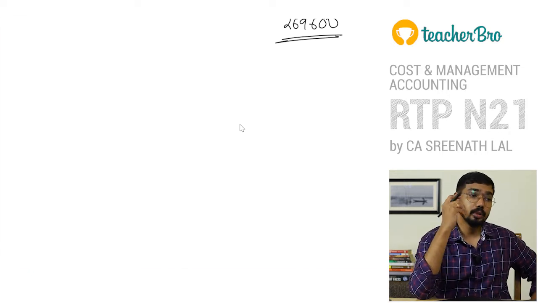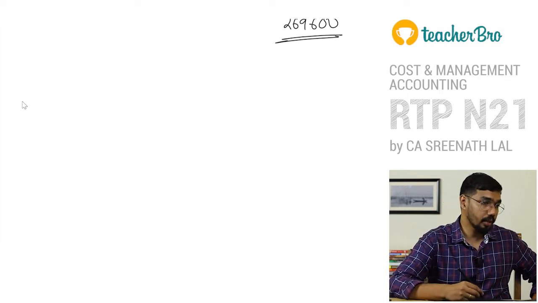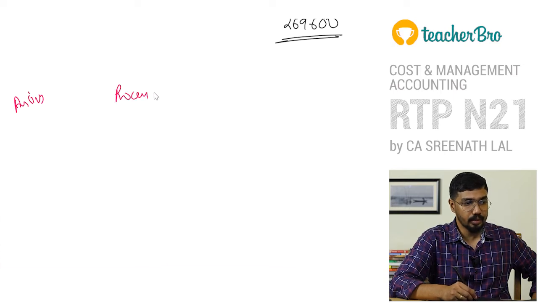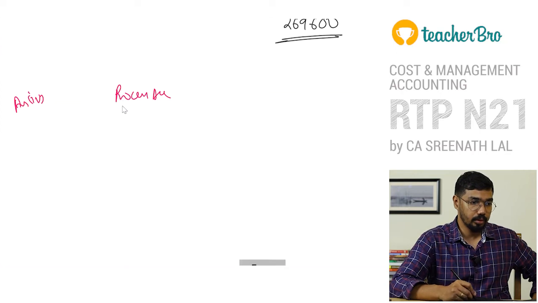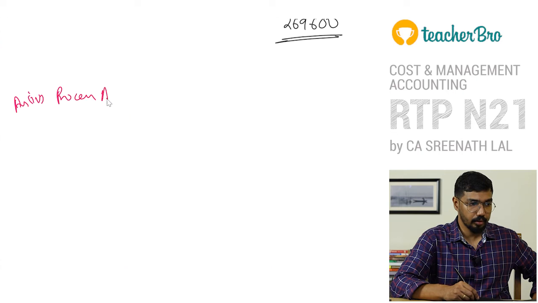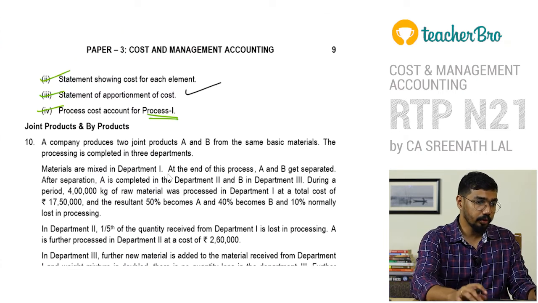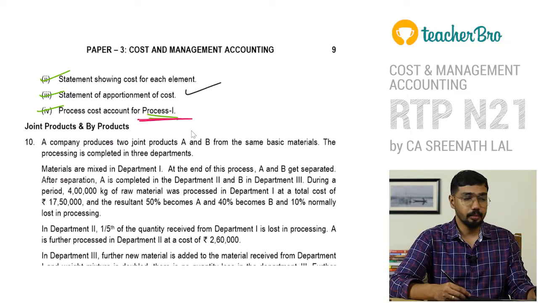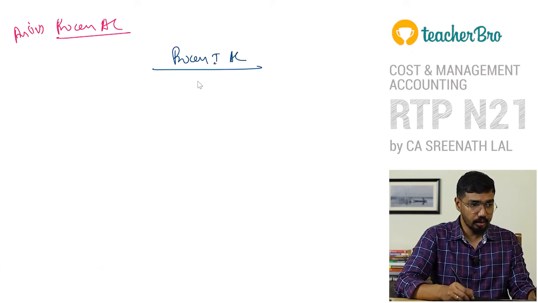Next, what are we going to do? Question number 4 is to prepare process account. So answer for process account. The question says we have to prepare process 1 account, so we can write it the same way. So process 1 account,